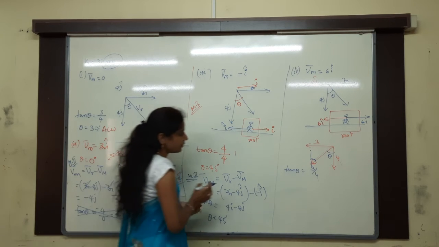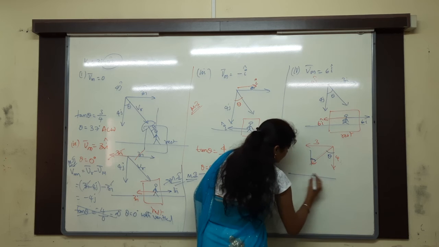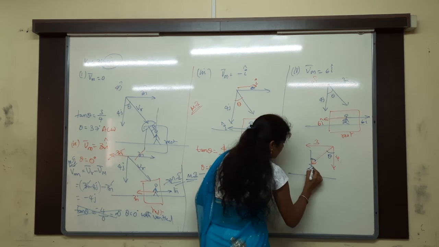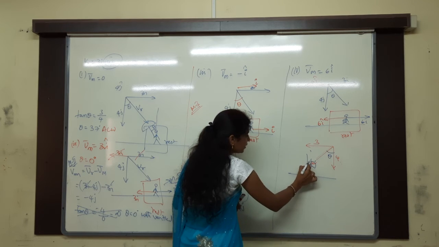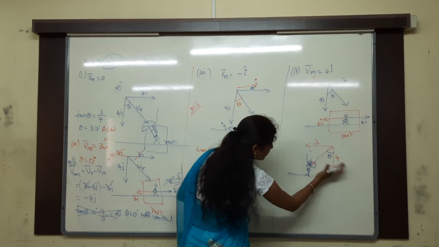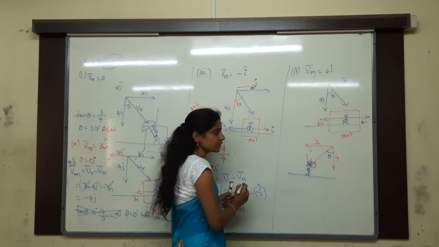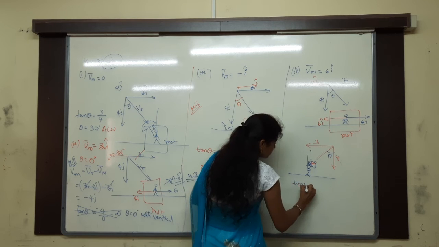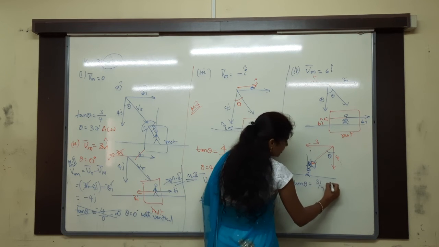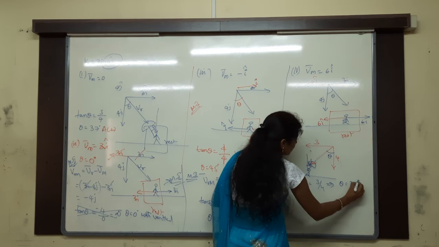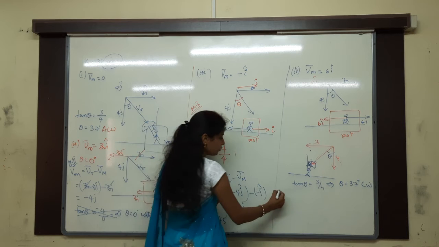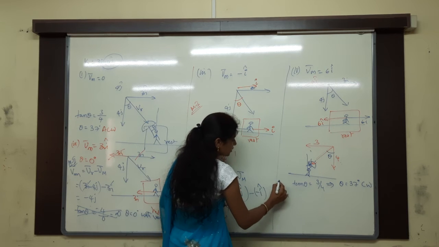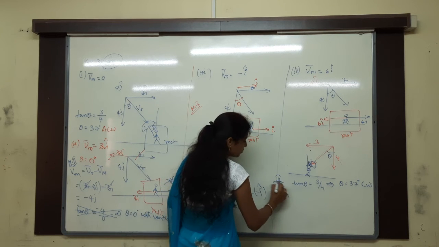Whenever the rain is falling in this way, the man has to hold the umbrella in this way. With vertical, what angle? Theta. Clockwise or anti-clockwise? Clockwise direction, so that tan theta is equal to 3 by 4. Then theta is equal to how much? 37 degrees, clockwise direction. Otherwise, you want to get it in terms of the relative motion method.